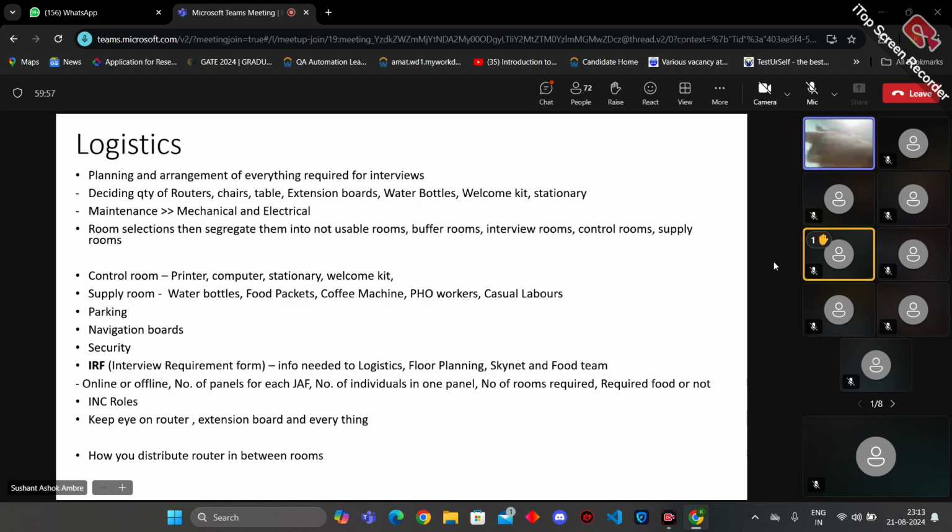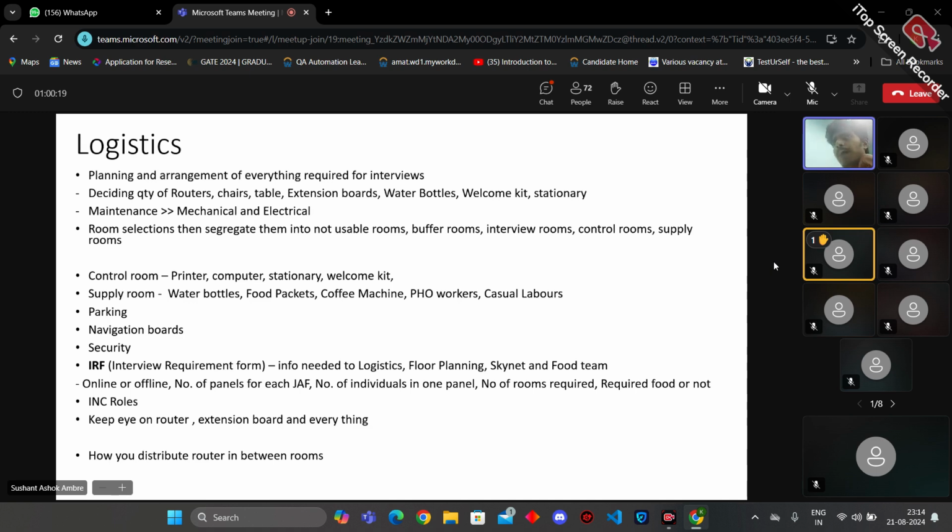Then, as I mentioned, you have to procure, meaning order, some chairs or any extra tables that are required. In every room there should be 3 chairs and 1 table. At our time we used that criteria: 3 chairs for the panel and 1 for the student, and 1 table. And outside in the sub wing there should be 1 table for the INCs and ICs to handle, and